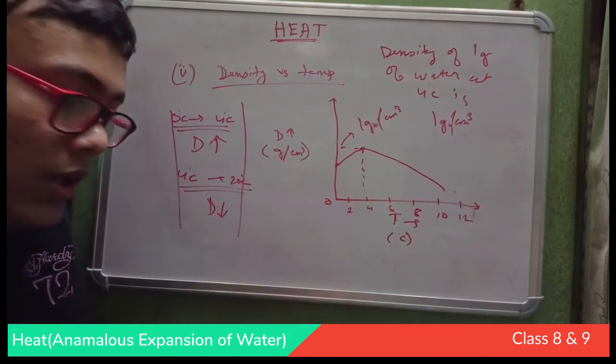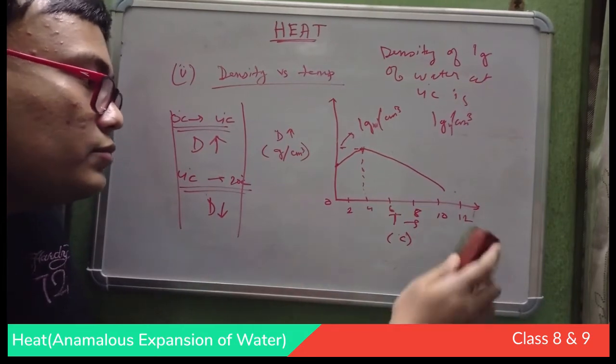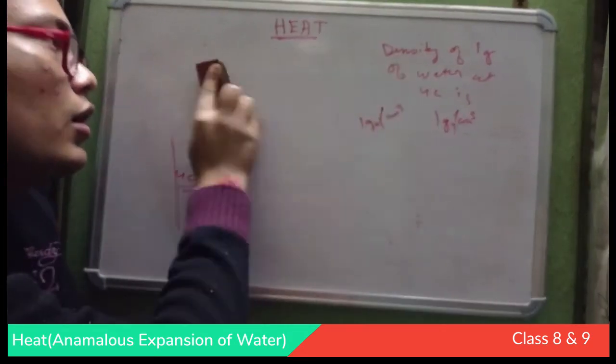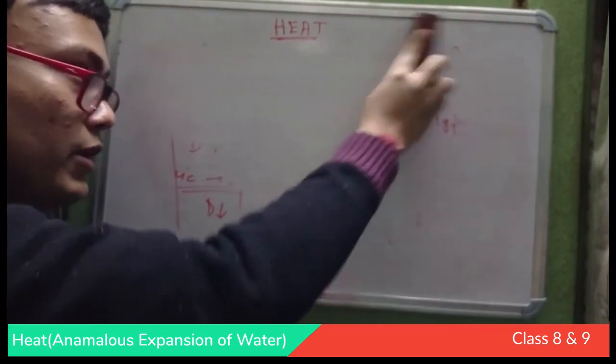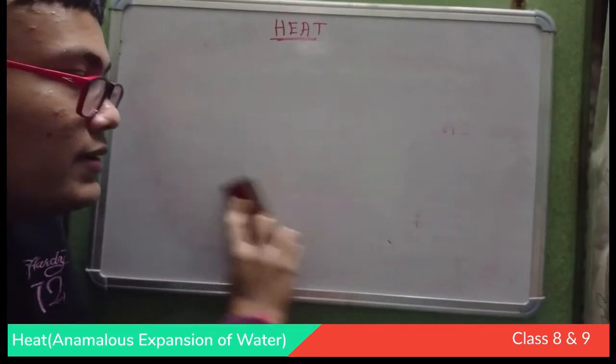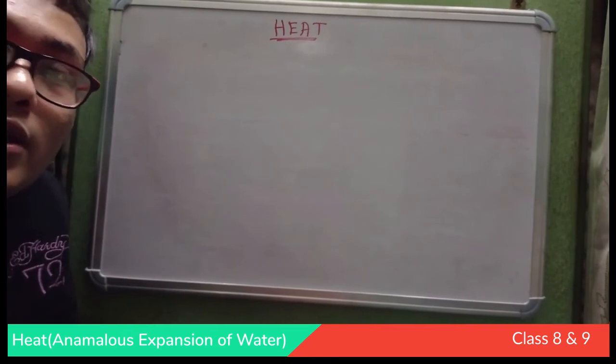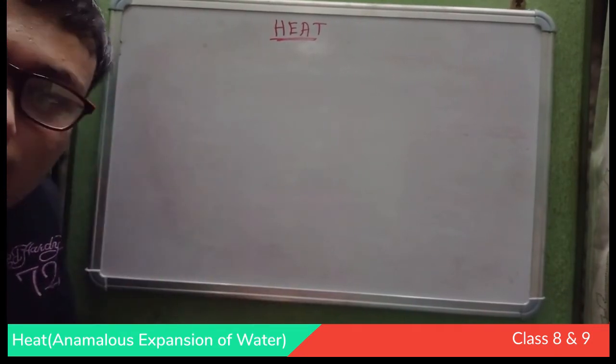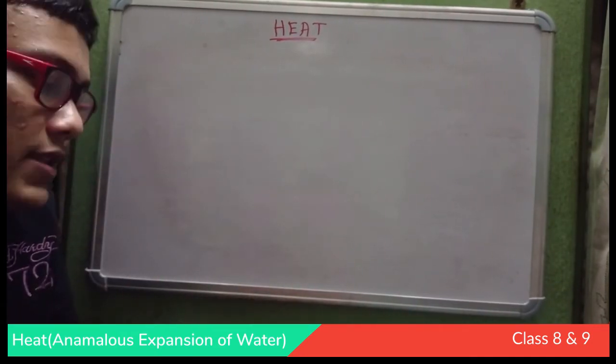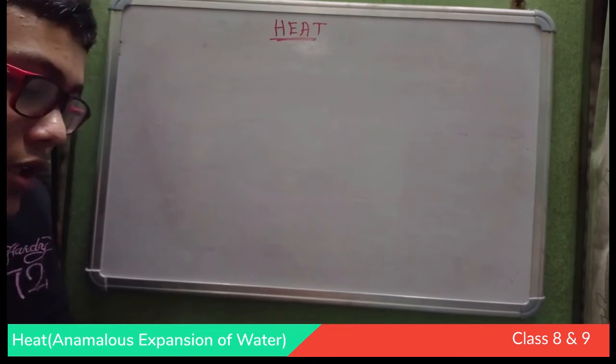Now I will be discussing an experiment which was performed by T.C. Hope, which explains that the density of water is maximum at 4 degrees Celsius. So in that experiment